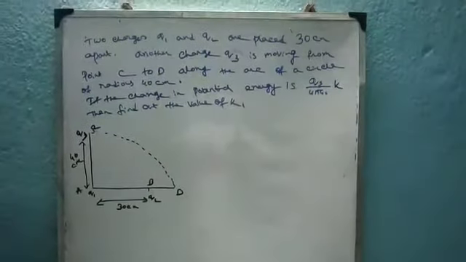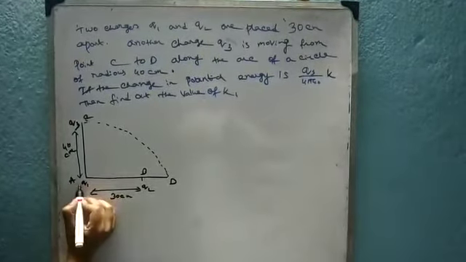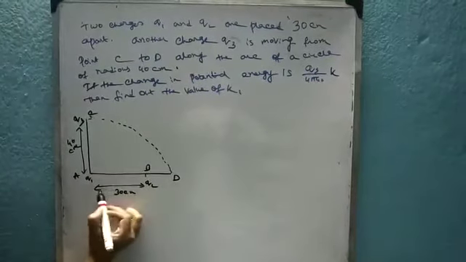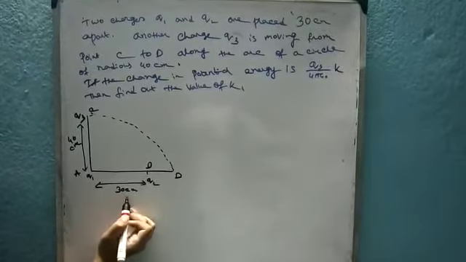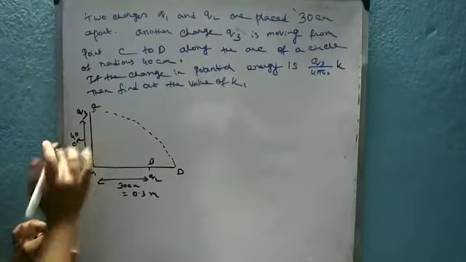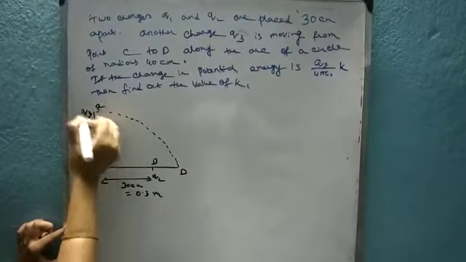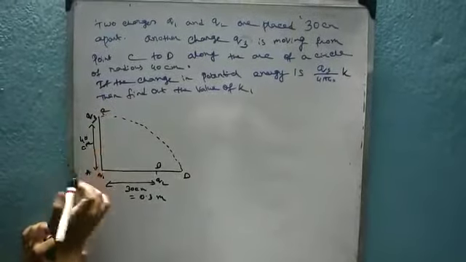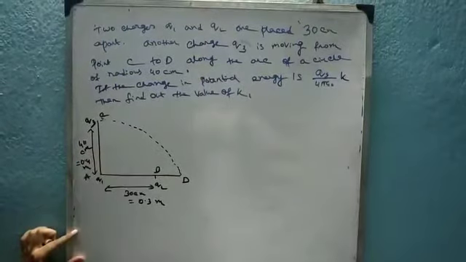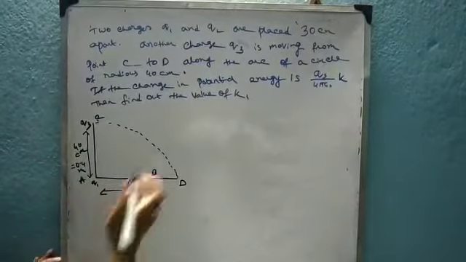We now come to the problem. In the figure, at point A, Q1 charge is placed and at point B, Q2 charge is placed. And the distance between them is 30 cm. We can convert it into meter. And the distance between point A and C, which is the initial position of the charge Q3, is 40 cm, or we can convert it into meter, 0.4 meter. Initially,